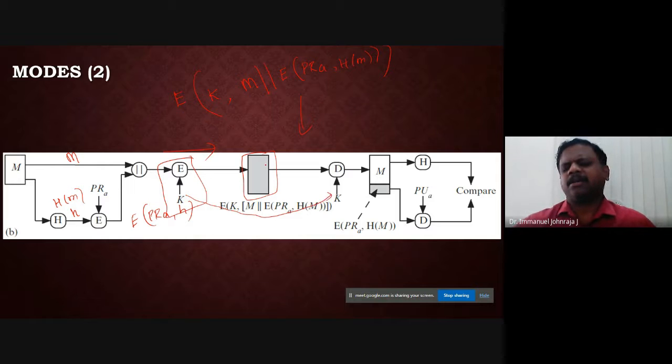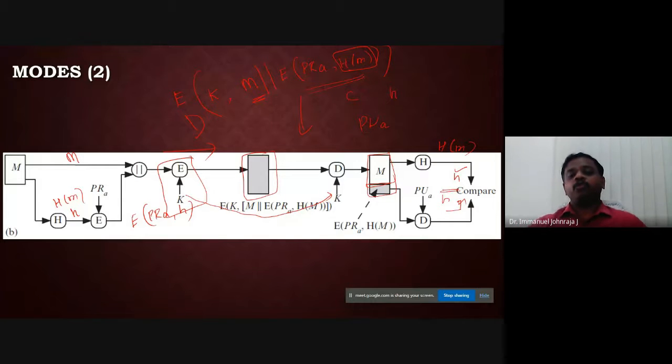All right, now an attacker will not be able to decrypt, because theoretically the key is the same on both sides. So the secret key or symmetric algorithm is used. At the first step, he has to do the reverse, he has to decrypt it. Decryption will reveal two things: the message and the encrypted digest, the encrypted hash value. Let this be C. You are supposed to decrypt using the public key of A, so that you are able to authenticate it, and then you will be revealed with h of m, the hash value. That is what he is going to calculate also here, h of m. This h and this h have to match.